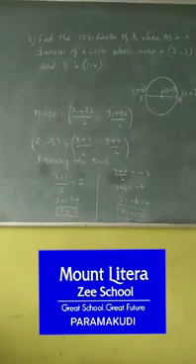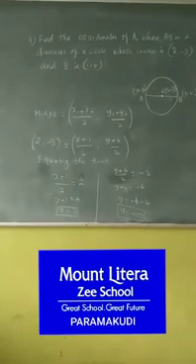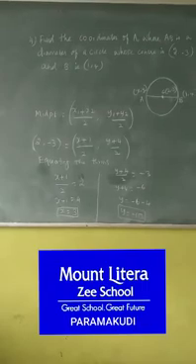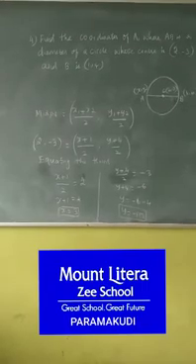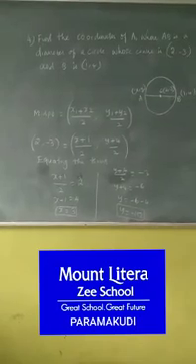Now see the second terms: here minus 3, and that side (y plus 4) by 2. So (y plus 4) by 2 is equal to minus 3. Y plus 4 is equal to minus 6. This plus 4 goes to the other side as minus 4, so we have y is equal to minus 10. Therefore the coordinates of A are (3, minus 10).